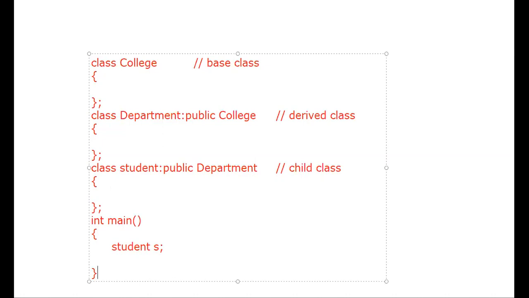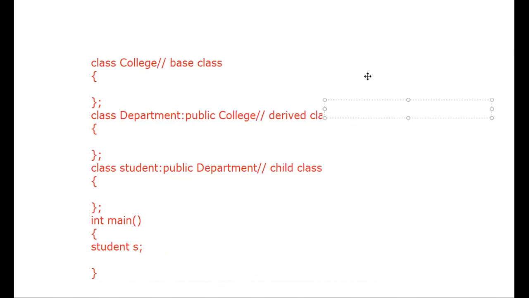So guys, this is the assignment for you. Try to write one single function for each class: inside class college, inside class department, and inside class student. Write any function you want. Use just the display function to display the college name, department name, and the name of that student as well as roll number, and try to access all these methods from the student class object. Got it? Your today's task.